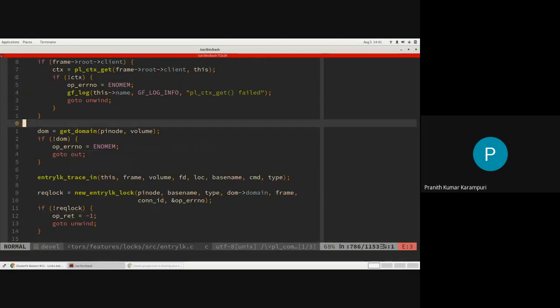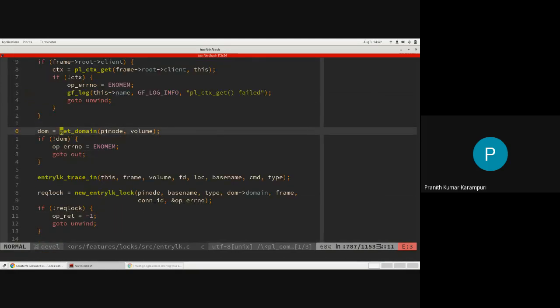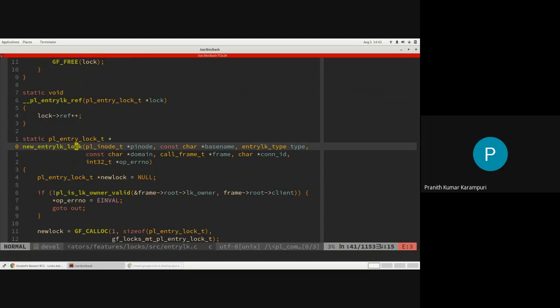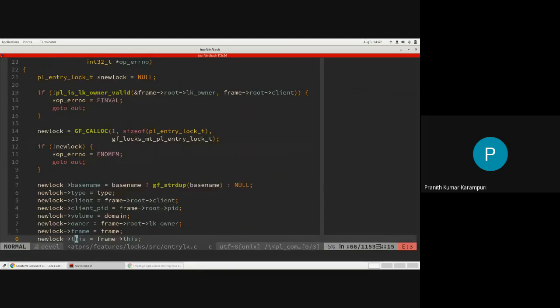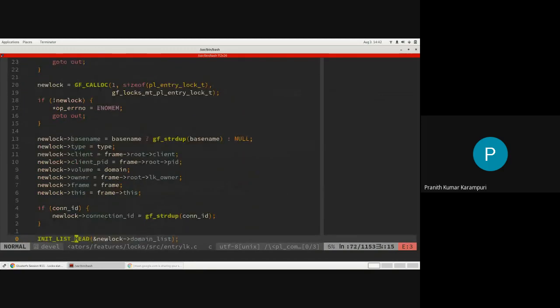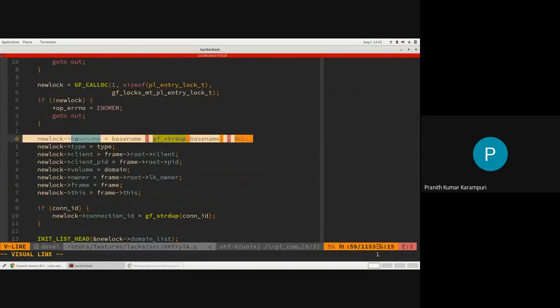And this domain is the namespace, which is similar to the one that we saw in inodelk. Then we actually build the entry lock structure with the inputs that we get, where the basename is the most important one for that directory inode.